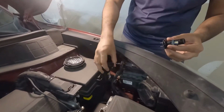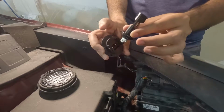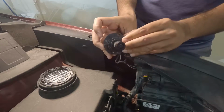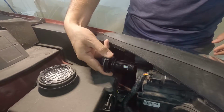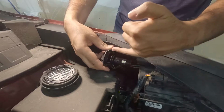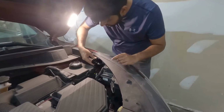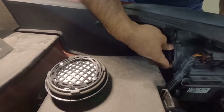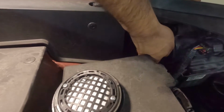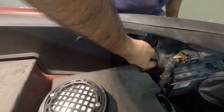Let me start the light so you guys can see. There are two notches. One notch stays on the bottom and then one notch goes into this bracket right here. It just plugs in just like that. And then when you put it inside, you have to turn it clockwise. When you put it back into the bracket inside the headlight, make sure you align this notch inside and then turn it clockwise. Let me put this one inside and show you guys. It just goes inside, and you have to align with the notches. Once it's aligned,